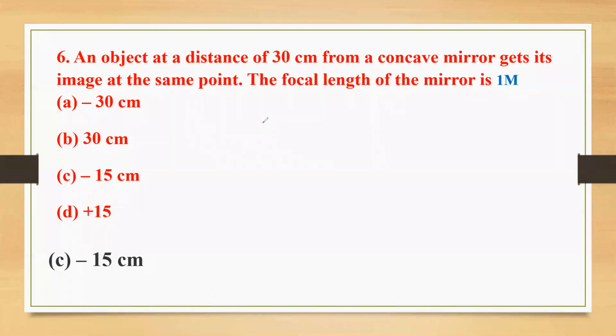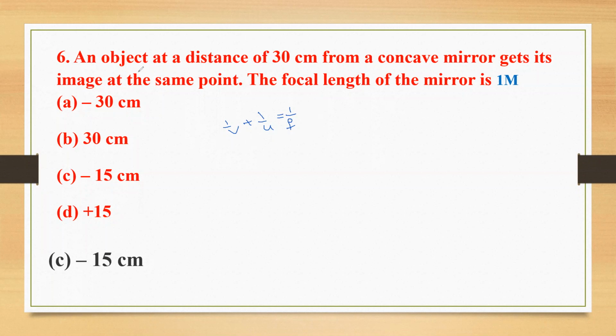How do we know that? To find the focal length, image distance or the object distance, we have the mirror formula: 1 by V plus 1 by U is equal to 1 by F. Isn't it? Here, to use this formula it will take some time, isn't it? But for 1 mark, no need to spend that much time. Better to easily predict the answer by understanding the condition given in the question.